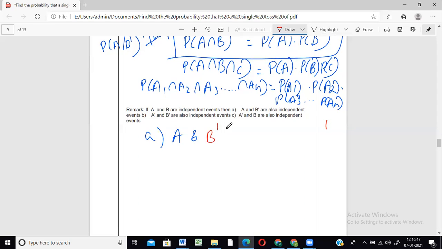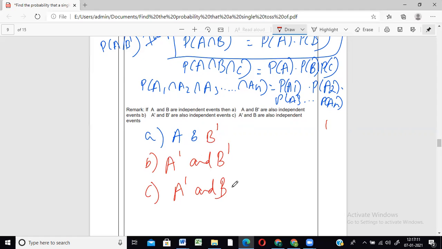Also, if A and B are independent, then A dash and B dash will also be independent. Also, when A and B dash are independent, the opposite will also be true, right? A dash and B will also be independent. So these are the few remarks you have to remember, which you may use